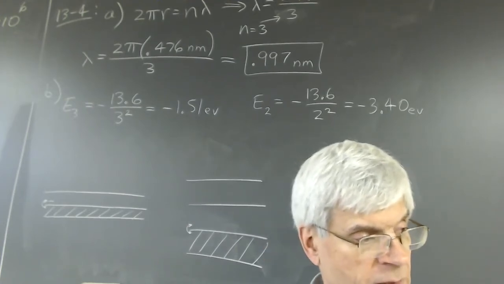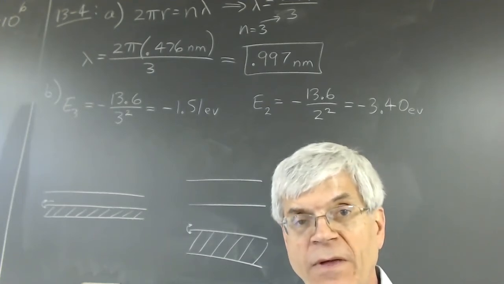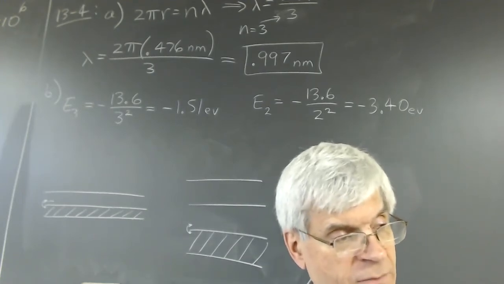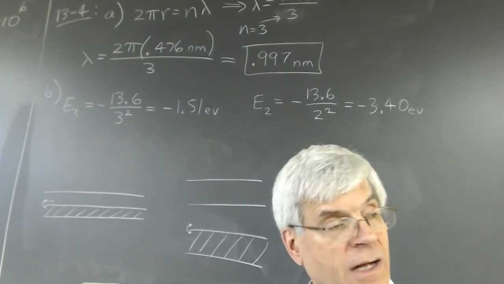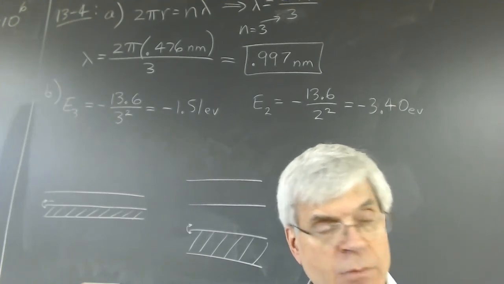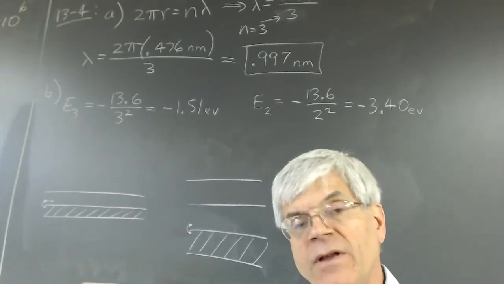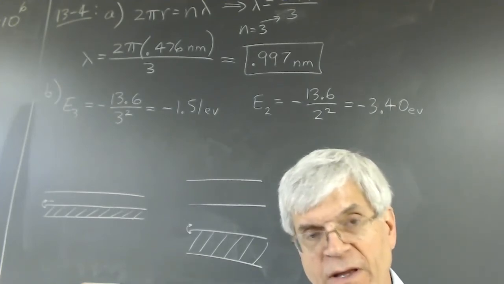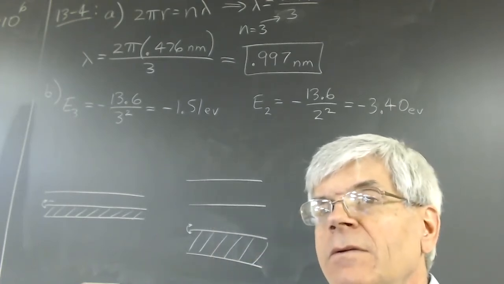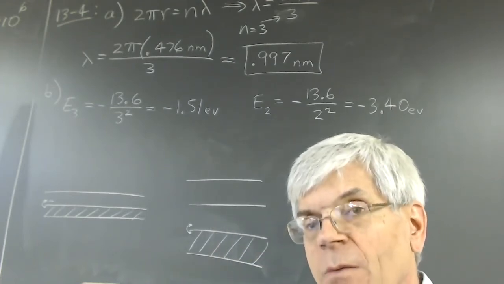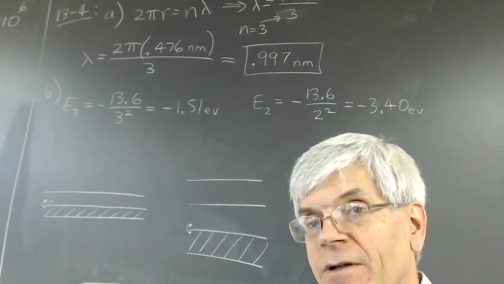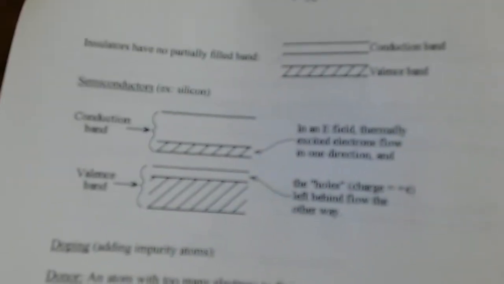So it looks at its neighbor and decides to do the same thing and steals an electron from its neighbor, and now it can form 4 bonds the way it's supposed to. And its neighbor then steals an electron from its neighbor, which steals an electron from its neighbor, and this creates a unit of positive charge, which is free to move around in the piece of silicon. So in an absolutely pure piece of silicon,